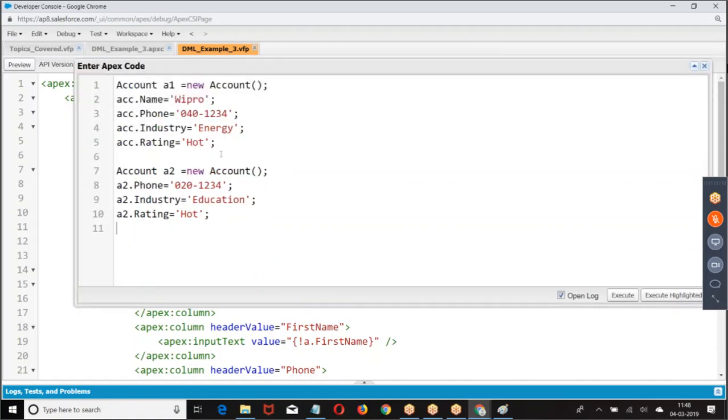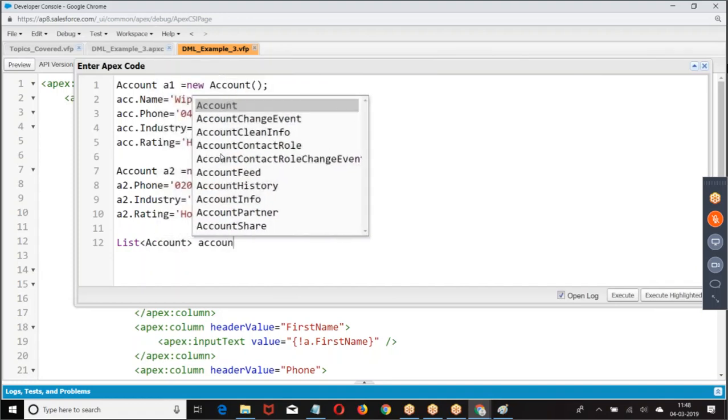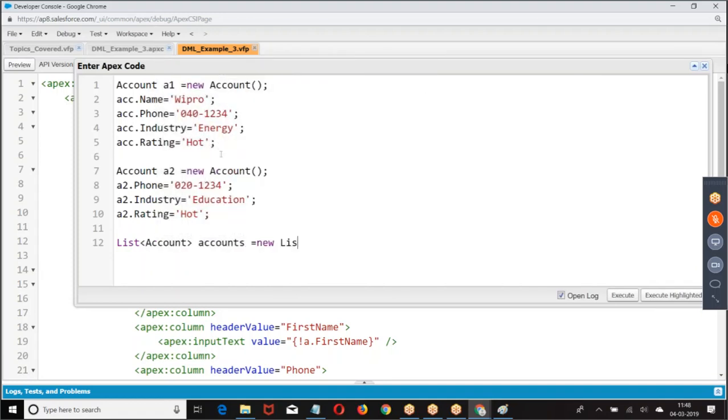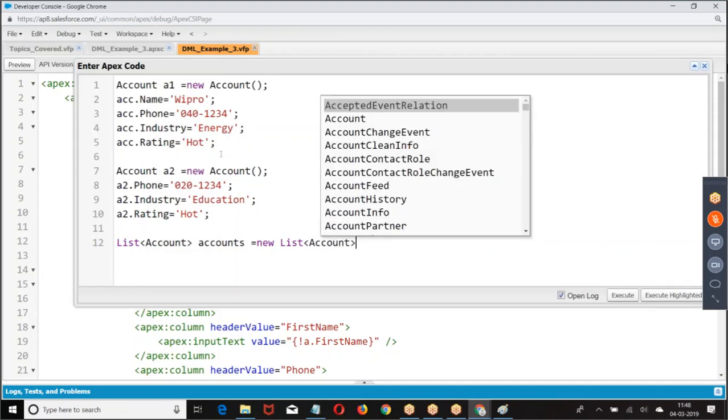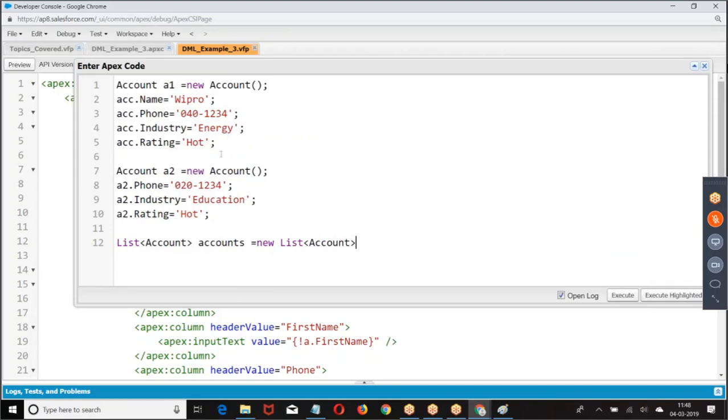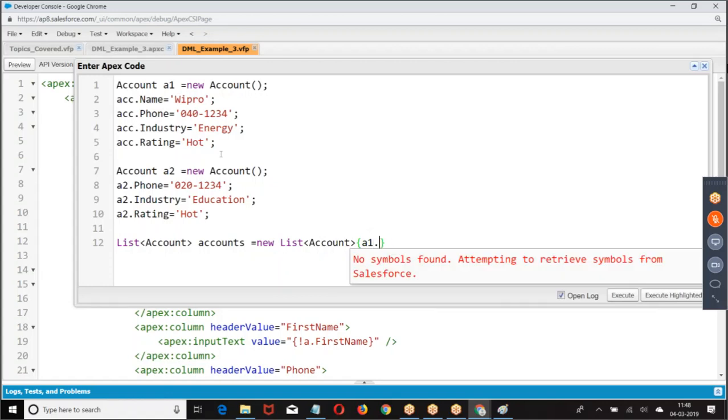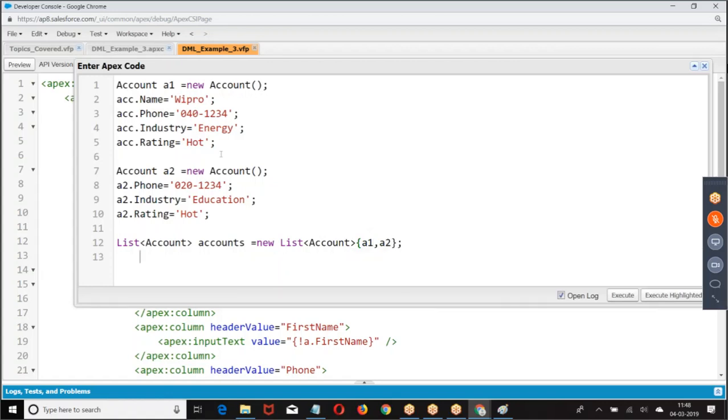Now I am putting all the records. Then I'm giving insert accounts. Now, when I'm trying to insert these accounts, a group of accounts I'm trying to insert. In this, do you have any problem with A1? There is no problem with A1, right?